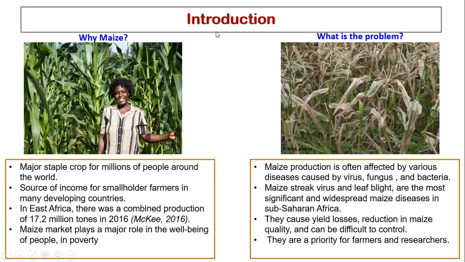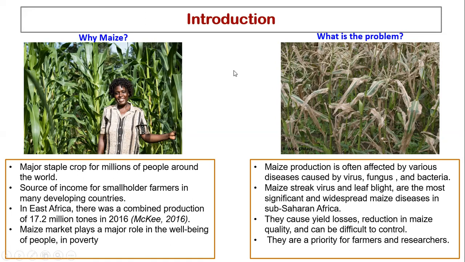Now, on the introduction, one of the main questions that might come up is why are we looking at maize? Why not any other crop? You should understand that maize is one of the major food crops that is grown mostly in developing countries, and it's the source of so many minerals. It has proteins and vitamins, and it's cheaper, so that means it can be easily accessed by poor